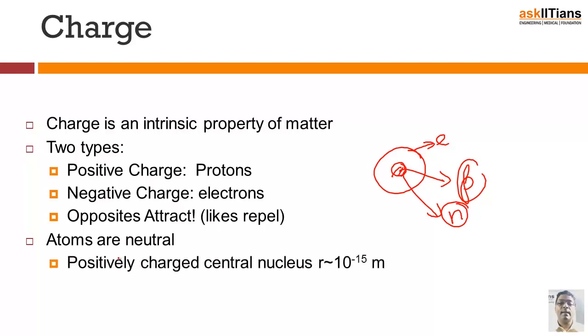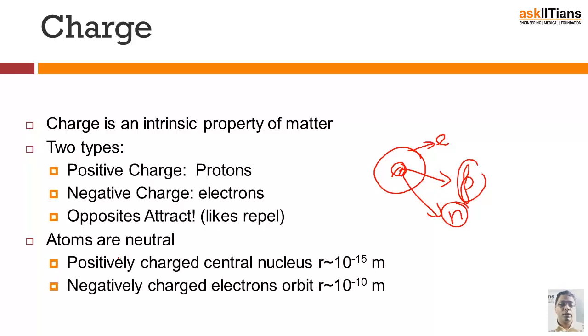Now let's try to understand this further. Here, the positive charge center, the nucleus, is of the order of 10 raised to the power minus 15 meters. This is the size of the nucleus, because the nucleus would have positive charge. Why? Because neutrons are neutral, protons are positive charge. So effectively, the nucleus has to be having only positive charges. There cannot be any electrons residing within the nucleus. Therefore, this is the size of the nucleus, and this is the size of the atom as a whole. Now let's do an example to understand it further.